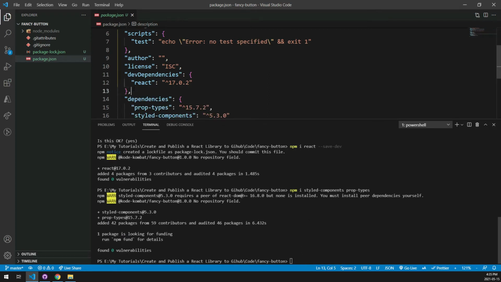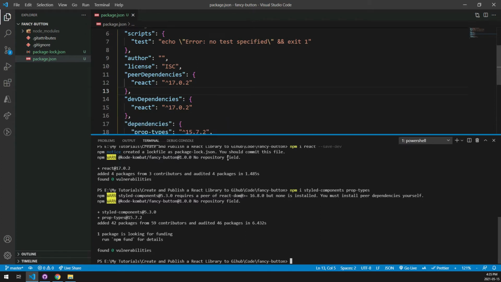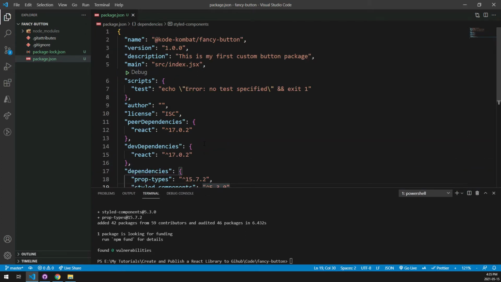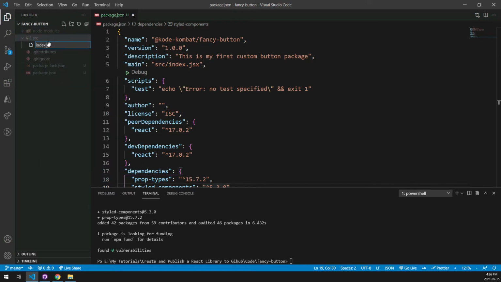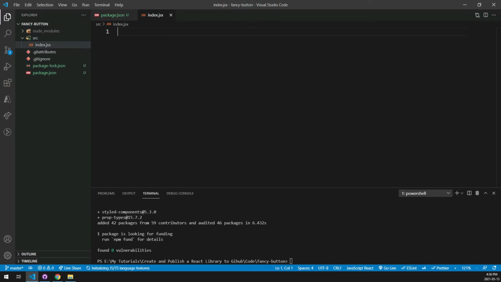Now, one thing I forgot was in our package.json, we will also add React as a peer dependency. And this is all we need to get started with our project for the package. So we'll create a folder called src. We'll have a file called